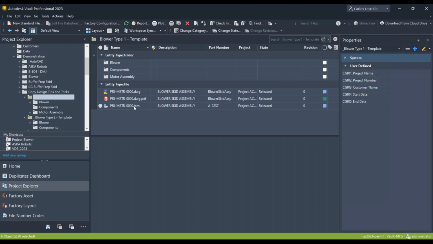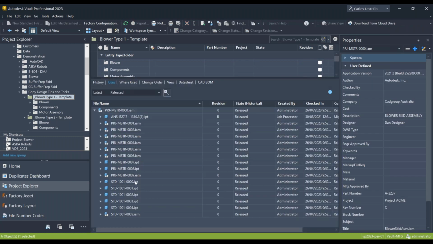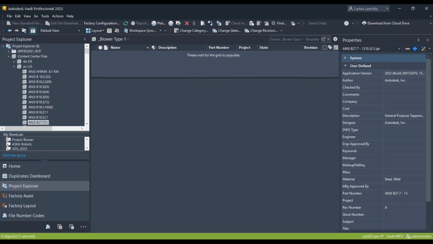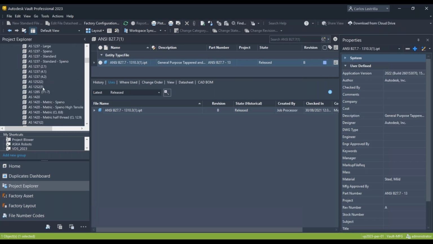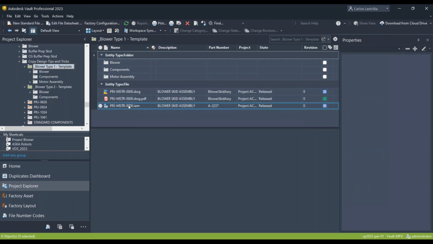One thing that you may have noticed here is that these components actually have this one here. This is actually a content center part. One thing that I did not highlight earlier was that content center parts, by virtue of being in a library type folder in Vault, are always reused, not copied. So let me just give you an example here. If I right click on this one and go copy design again,